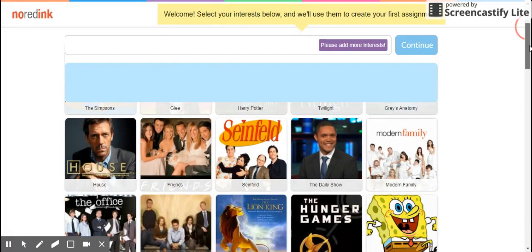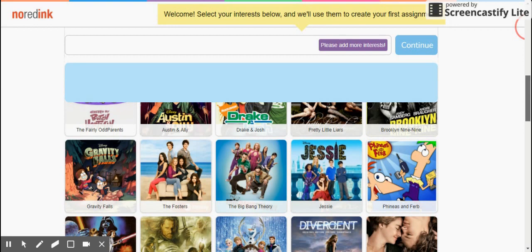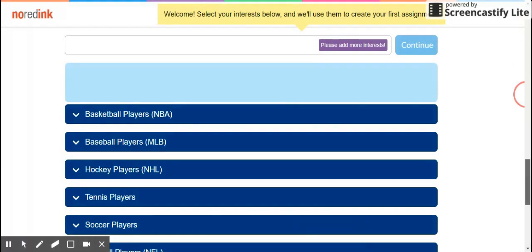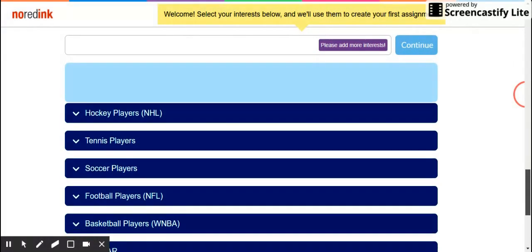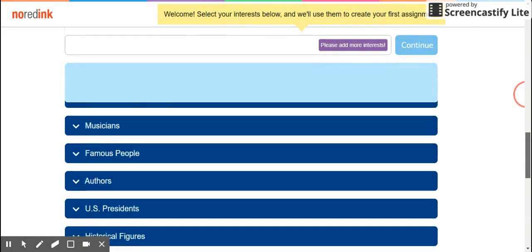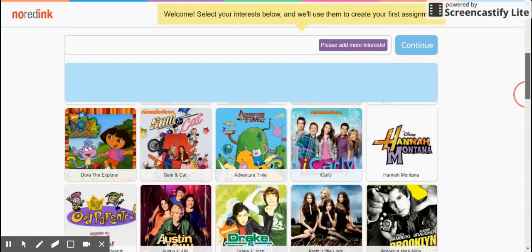And there are a lot of options here. And they're always adding more too. So odds are you can find the things that you're most interested in. When you scroll down, there'll be different categories: movies, television, basketball players, tennis players, soccer players, NASCAR, video games, pets, anything you want. However, you will have to complete this before you move on so that your practices are